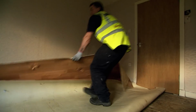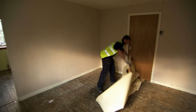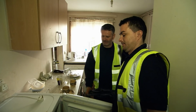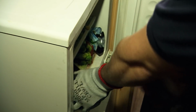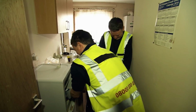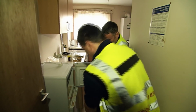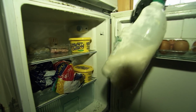The living room can be cleared without any difficulty. There's more of a problem in the kitchen. Yeah, we're going to get rid of the food from this fridge. It's absolutely stinking. James and Ian are used to all this. But you never get used to the smell. You just have to put up with it. You can taste it and smell it. But the way some people live, I don't know how they can live in a...